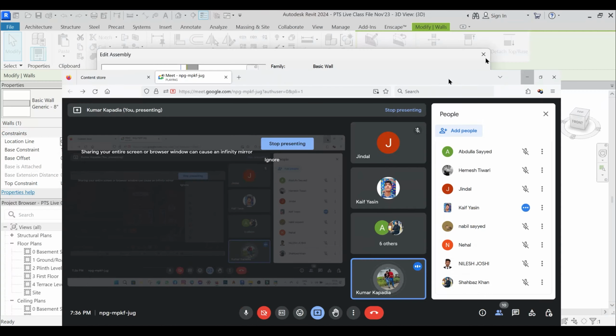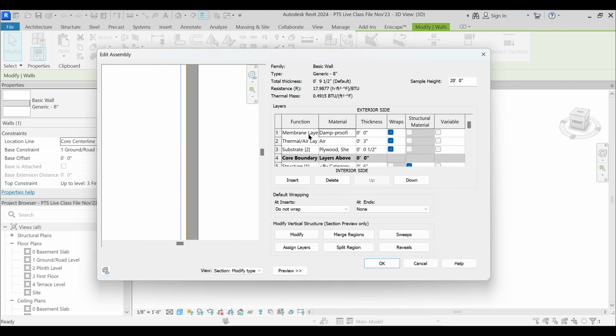Okay, you are partially correct. This membrane layer, which is a zero thickness layer as per Revit, it is just a small sliver of hardly 3 to 4 mm in the practical field, and that is provided. That damp proofing layer is provided to prevent the outside moisture from penetrating into the building. Okay, and that is why it is called membrane layer and it has been given the material of damp proofing. वो यहाँ नीचे भी आएगा डीपीसी का लेयर. वेरी गुड. Whomsoever it was, क्या नाम था तुम्हारा?